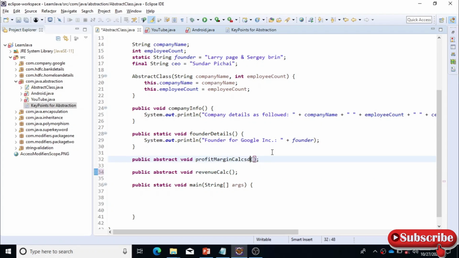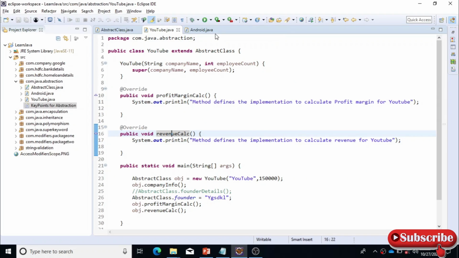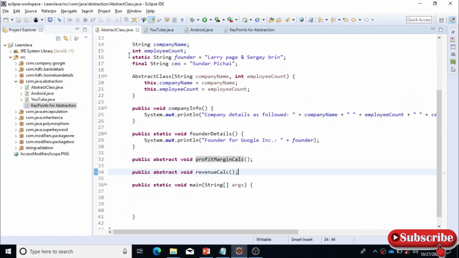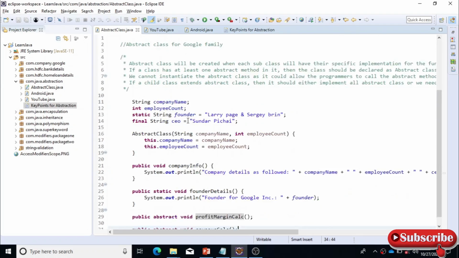Okay. So this is similar to overriding a method. In that also you will have the same behavior, and you cannot do multiple inheritance. If you try to inherit multiple parent classes, it is not allowed, similar to inheritance. But you can achieve it through interfaces. So that's it, and I think we have seen everything.